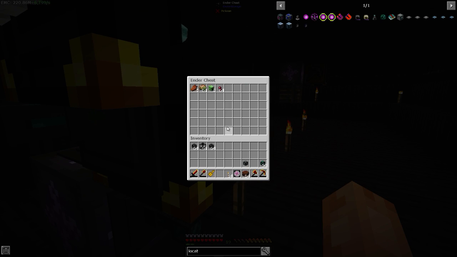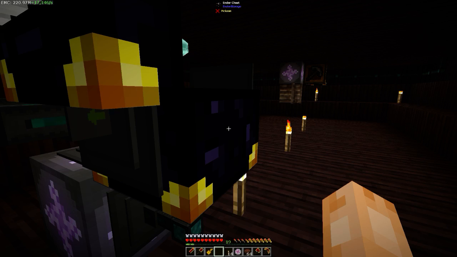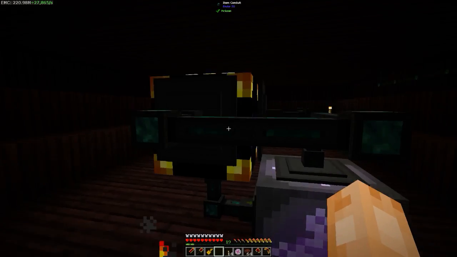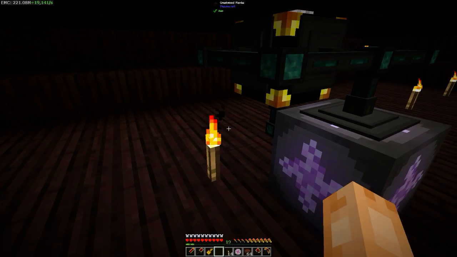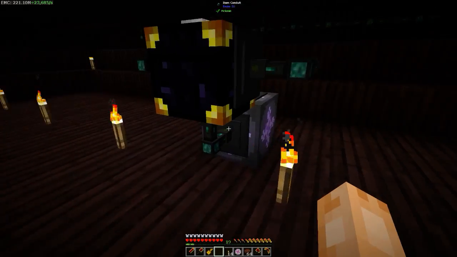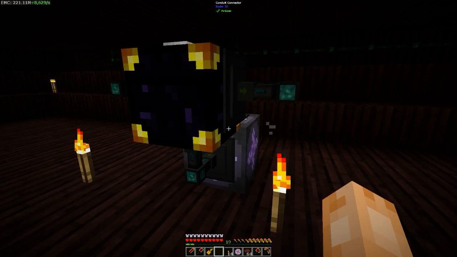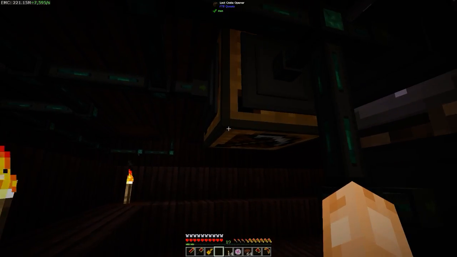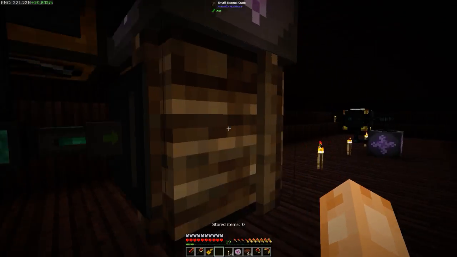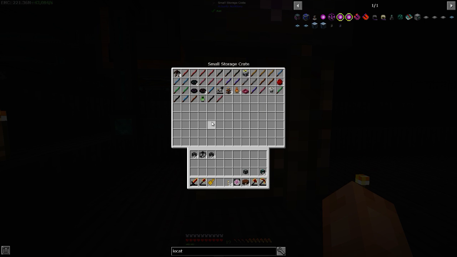So this is the mob farm. Same thing, all of the stuff that I want voided is being thrown into the personal EMC link. As it takes items that are worth more or less EMC, the value goes up or down on the side there. I also installed a loot crate opener, and it's currently acting as an overflow where things,